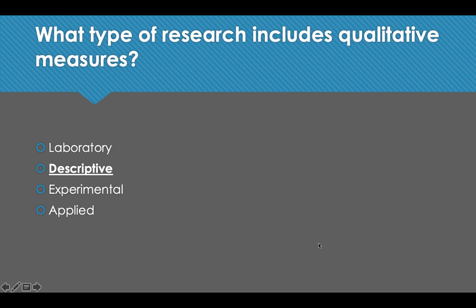So it's about focus groups and interviews and narrative information in surveys, etc. So laboratory, applied, experimental, those really aren't qualitative in nature, but descriptive research would be considered qualitative because you're describing